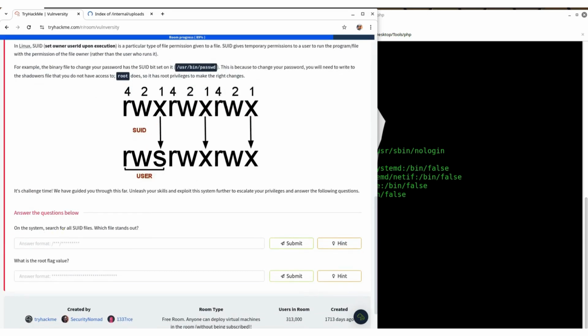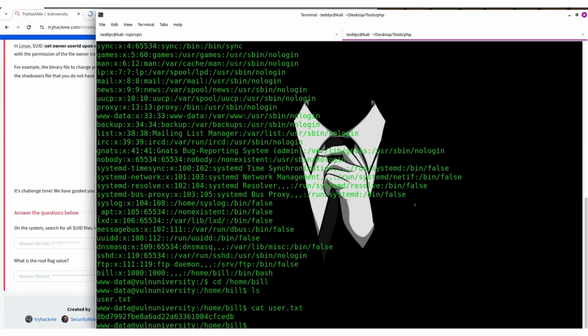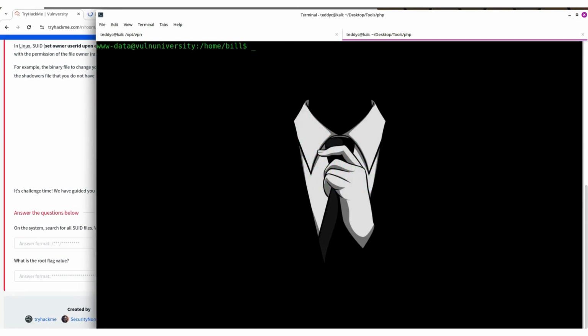Okay, on the system, search for all the SUID files. Which files stand out? Let's see, what do we have? We can use find. We're going to search the whole system, root, dash type, F for file, perm, we're looking for permission dash 4000, that's the permission usually for SUID, and we can send everything that we don't need,